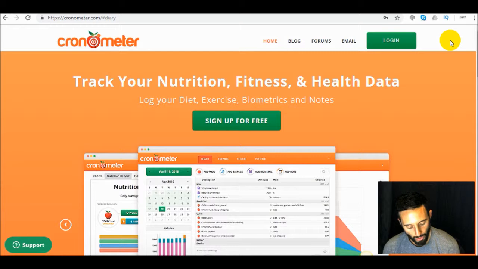And this module will cover the free tool Cronometer. I'll give you a quick overview here and some of the benefits of using this tool. If you look right up here at the very top of my screen, you can see we are on